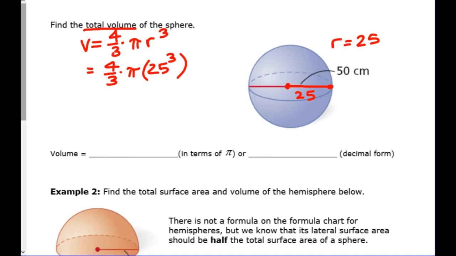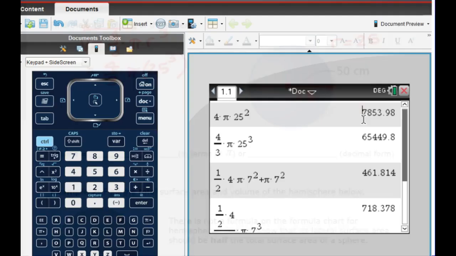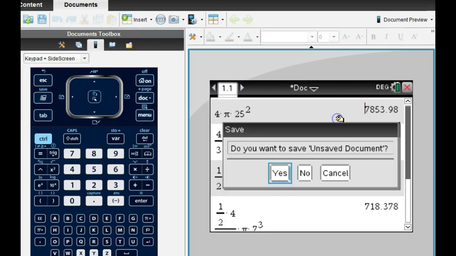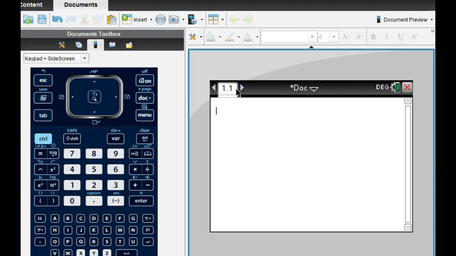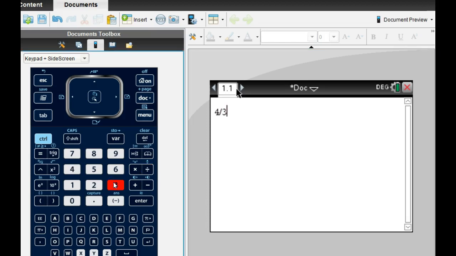Now, you may or may not know how to type that in the calculator, okay? So I'll show you. So 4/3 pi 25 cubed. Let's go to the calculator. When I type this in, you can either do 4 divided by 3, or you can do control divide. So 4, control divide, 3. If you like it to look like a fraction, when you hit divide, hit control right before that. Okay, so let's do it this way: 4/3